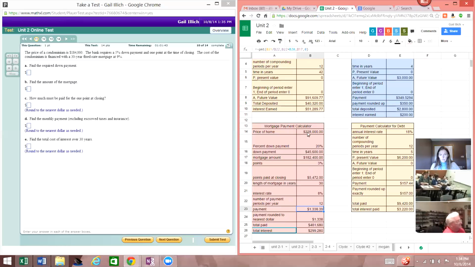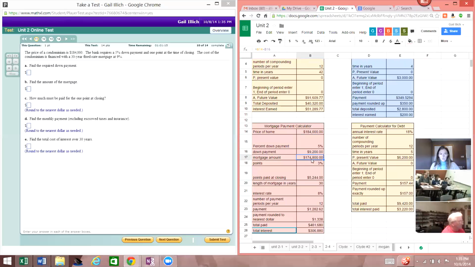All right. So the price of, in this case, a condominium, is $184,000, so I'll change that. And they have to put 5% down. So that changed right away. It changed the down payment to $9,200. The mortgage amount then becomes the price of the home minus the down payment. So that's where the